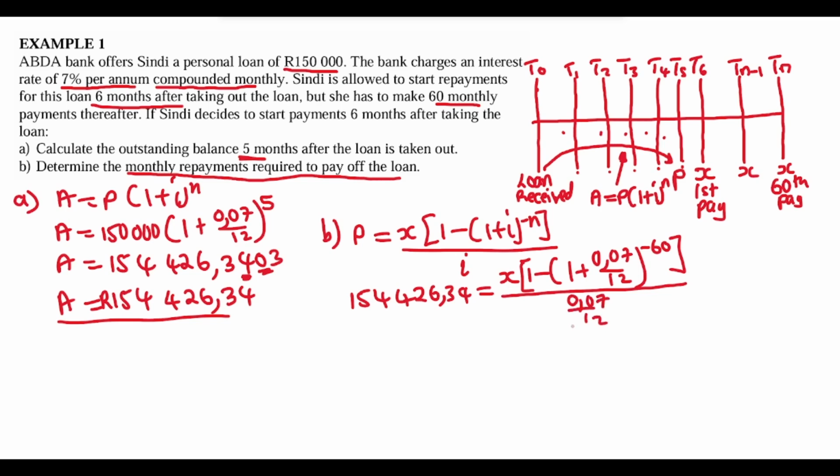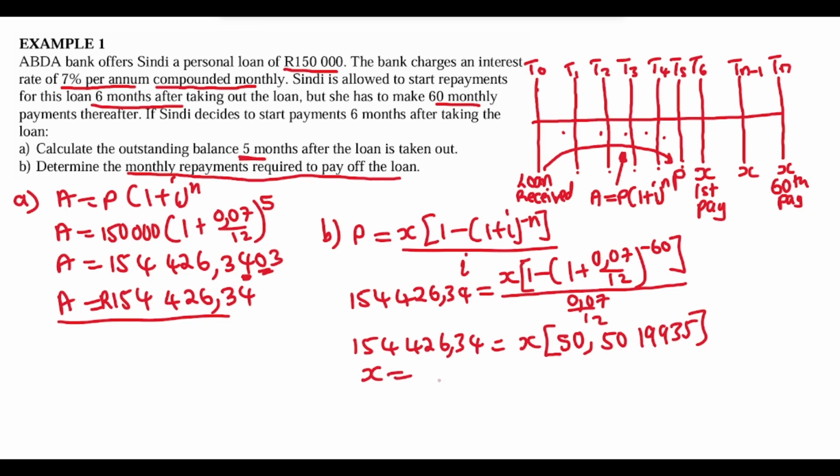0.07 over 12. Then what we can do is just put this in the calculator. What will it give you? We have 154,426 rand 34 cents here, and then X, and then in the brackets, if you put this whole thing in the calculator, you're going to get 50.5019935. Then divide by 50.5019935 on both sides of the equation. You'll get that X is equal to